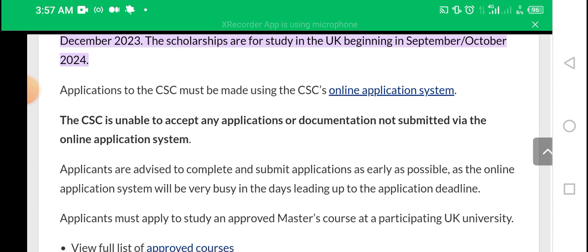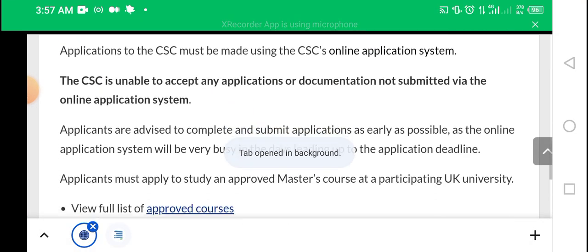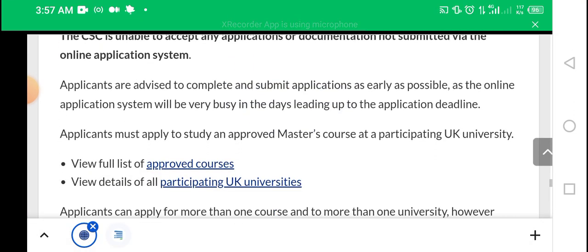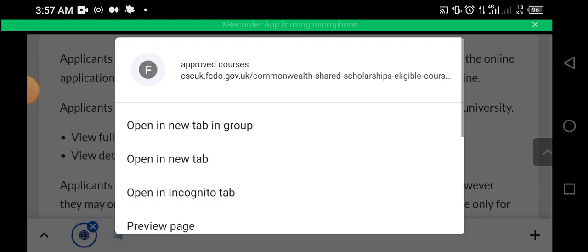How do you apply? You apply through the online application system. I will check what it looks like over there. Now, applicants are advised to complete this and submit. You can read up all of this. Then you have a place where you view the approved courses, and then you can view details of all participating universities. So I will take you through an interface of it too, briefly,